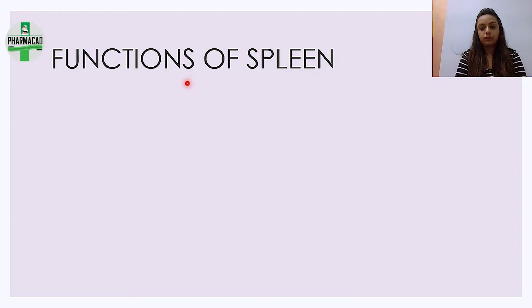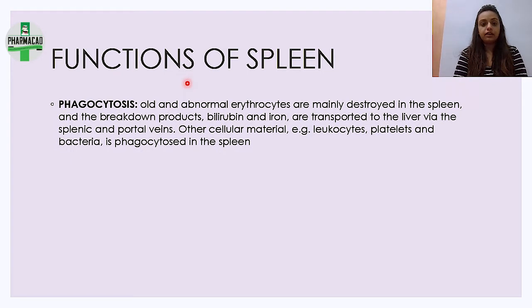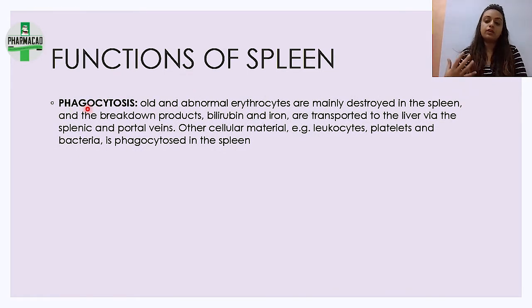Okay, one by one. First is phagocytosis. Phagocytosis like we saw lymph node में भी होता है. जो भी old and abnormal erythrocytes है, erythrocytes यानी RBC, उसका 120 डे का साइकिल है. ठीक है, 110 डे का हो गया, वो एकदम फ्रेजाइल हो गया, अभी वो काम अच्छे से नहीं कर रहा है, तो it is necessary that you kill them off.